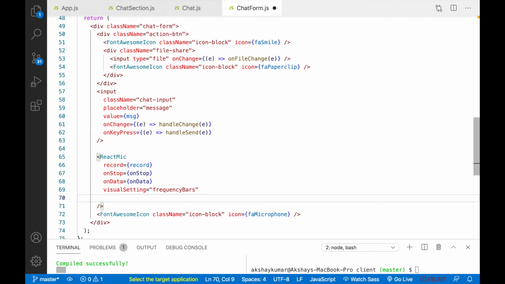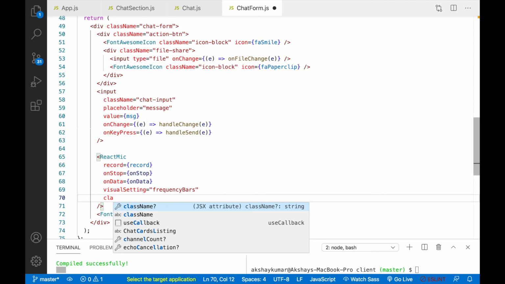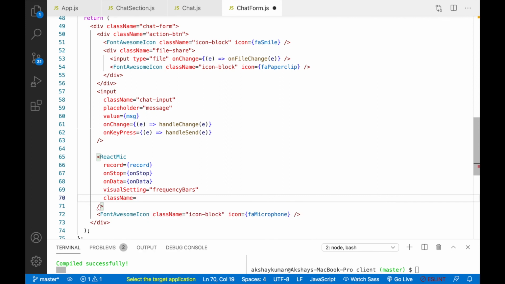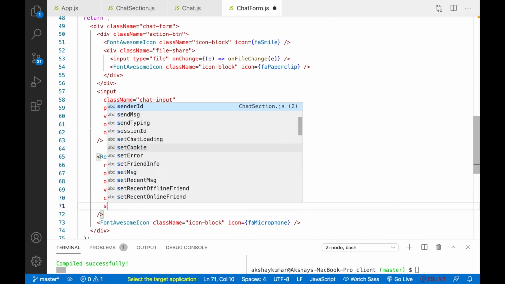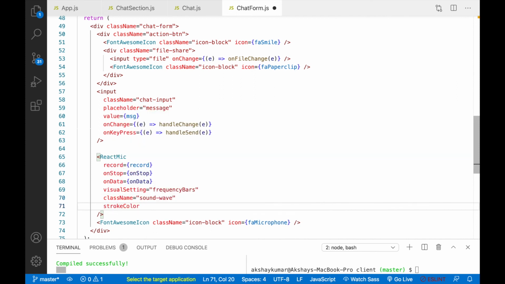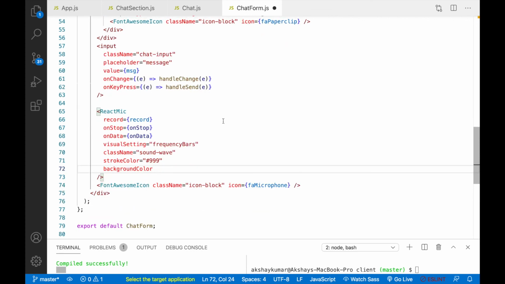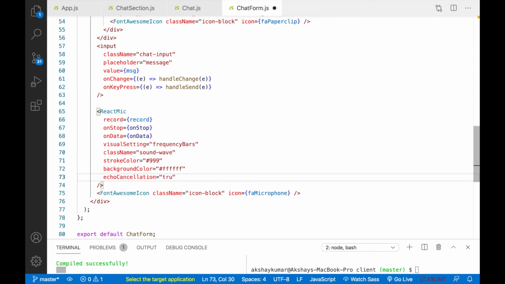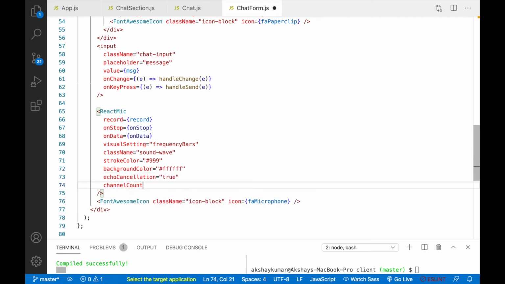We'll give one class name so we can style this thing, so here I will give sound wave. We can give stroke color, this will be hash 999, and background color, this will be white. Echo cancellation true. Channel count will be 2, right? I think this is like stereo and mono, that kind of thing.